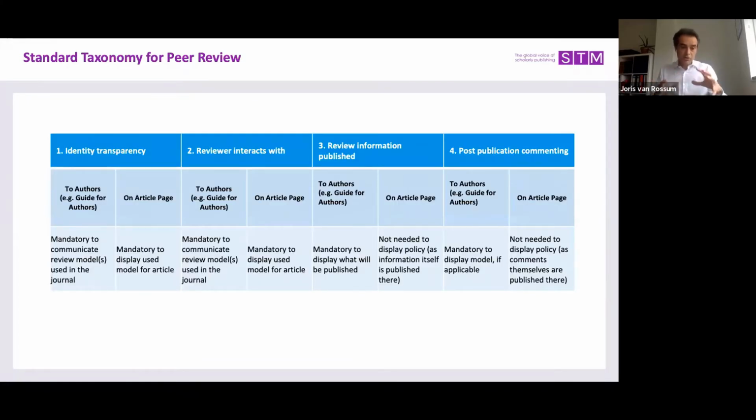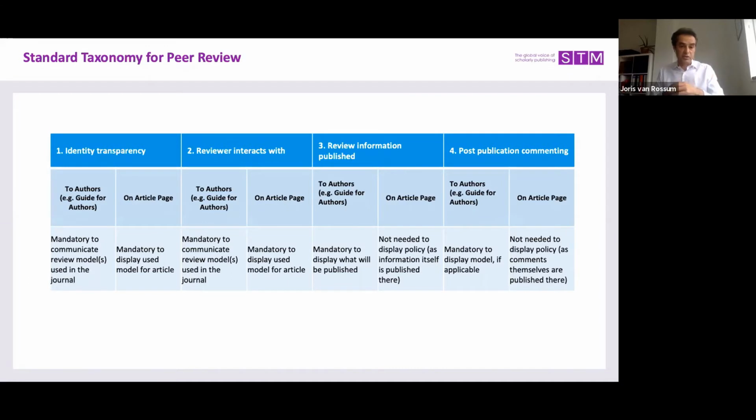So in other words, there are 2 use cases that are part of this taxonomy we developed. And in this table, again, we will not go through it in detail, but in the document that is published today, and we provide a link later on, it has a description on what part of the taxonomy is published where and to whom.